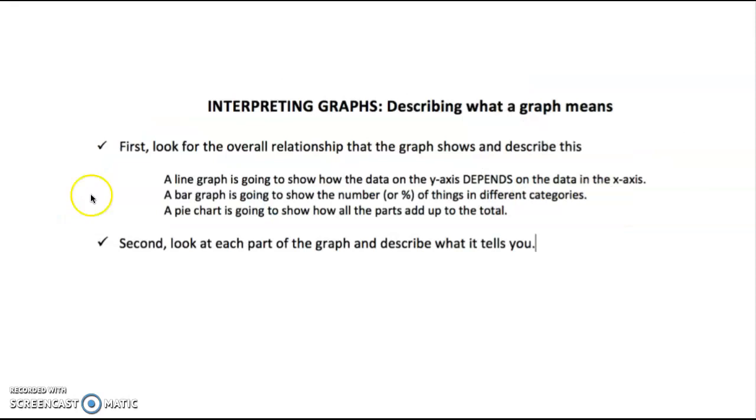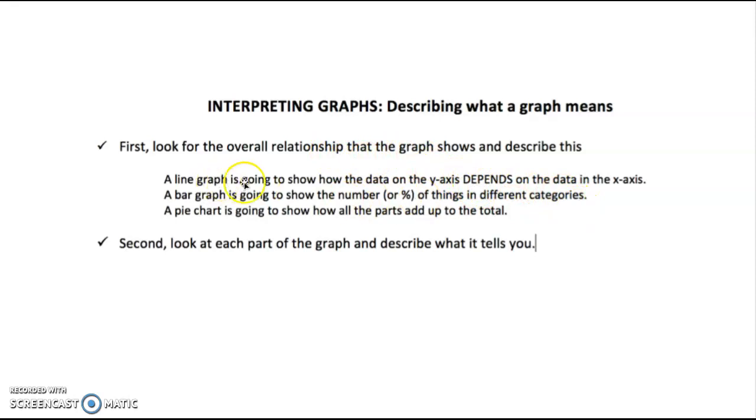So the last thing we need to go over is how to interpret graphs. That's what we need to be able to do a lot in science, because we're going to be working with a lot of data, and I want you to be comfortable looking at a graph and understanding what it means. Okay, so when we interpret graphs, the first thing you need to do is look at the overall relationship